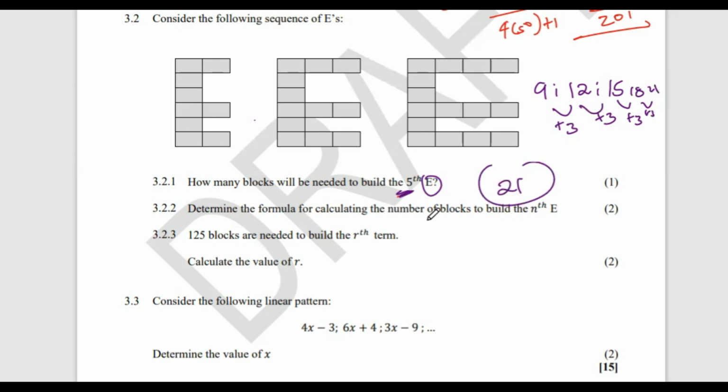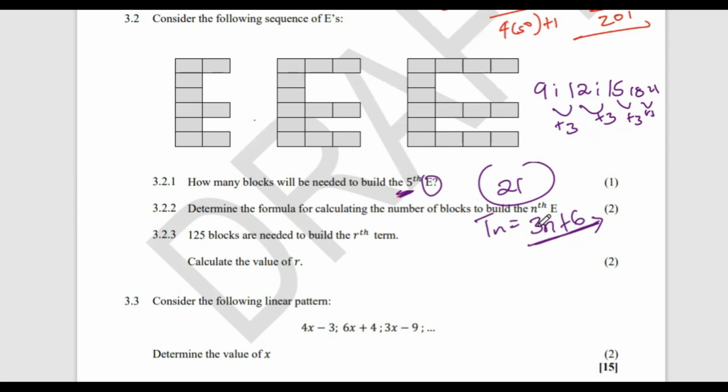Then the general formula. Remember, the general formula is the same as the general term, the same as the nth term. For you to get that, get the common difference, which is 3, and attach the n. Then get the first number and subtract the common difference. So 9 minus 3, you get 6, which is positive. So that is our general term, or the general rule.